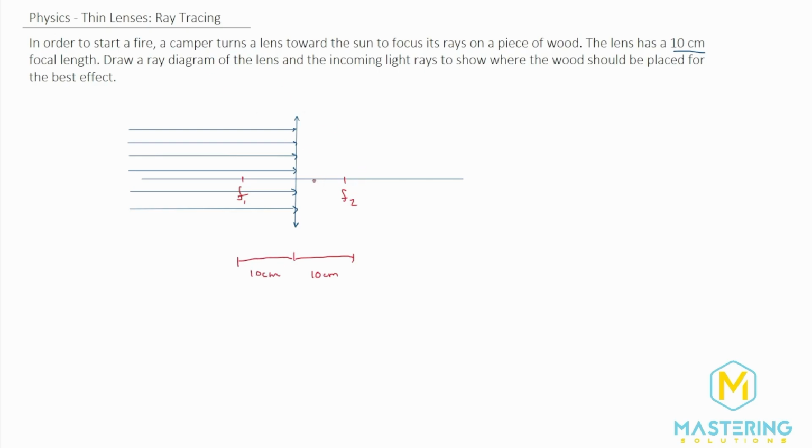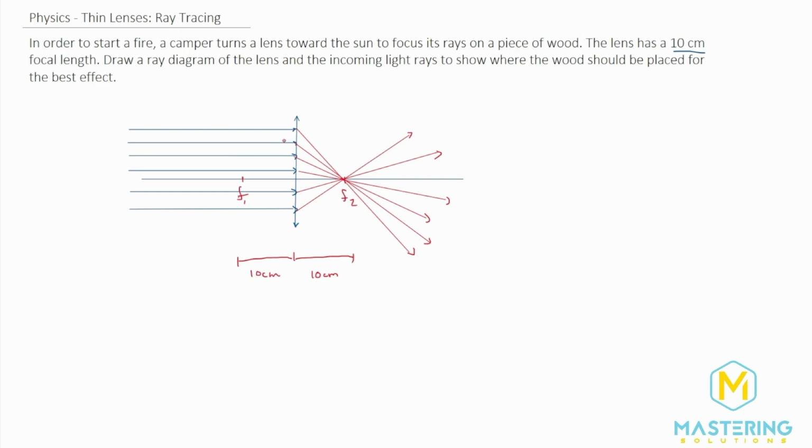So if we want to focus the light rays at the best spot where all of the light rays converge, that by definition will be the focal point. So as the light rays come through, they will all come perfectly through the focal point. And I'll draw it as close as I can. And then all of them will focus right through the center of the lens, as you can see we've done here.